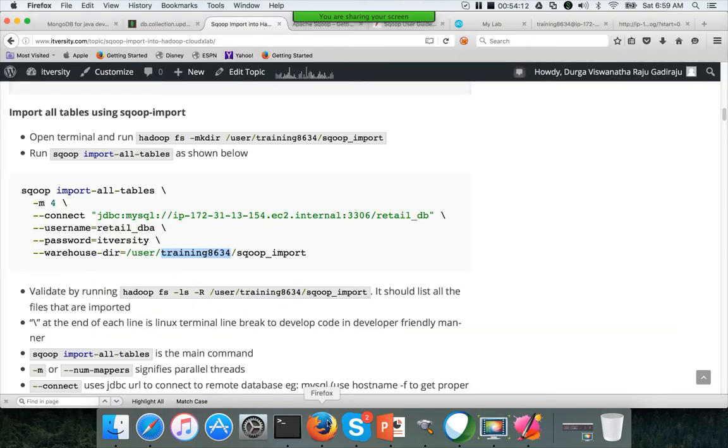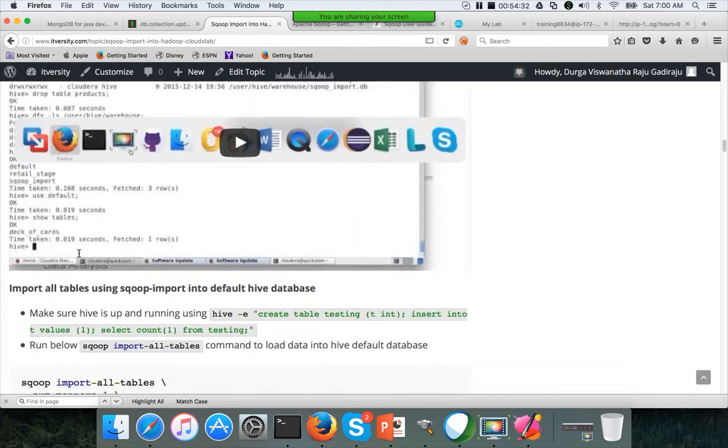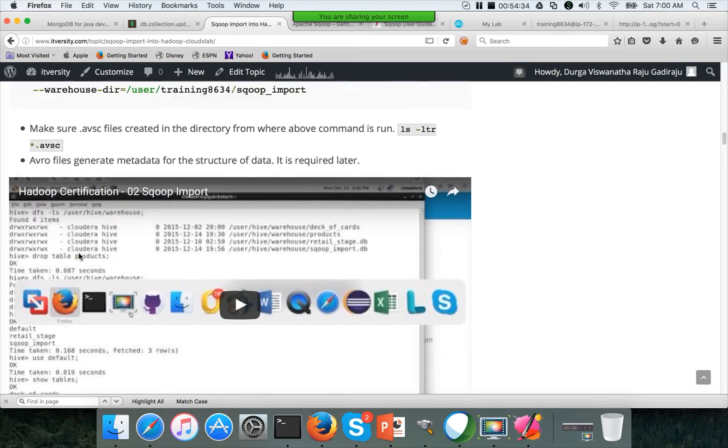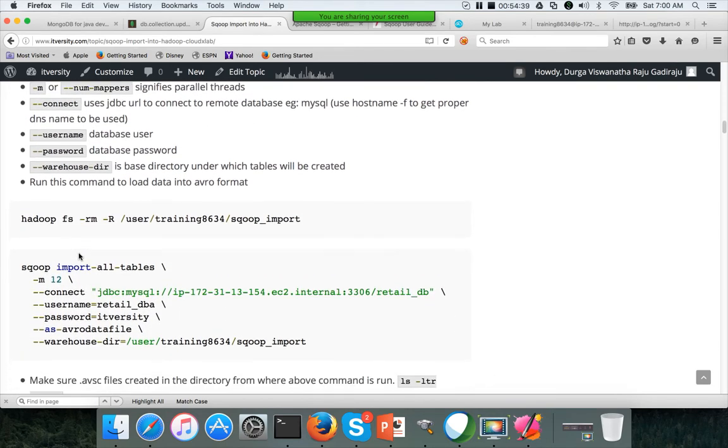Because we have specified warehouse directory, within this directory it will create a directory for each table. And when you run import all tables, you have to specify warehouse directory only, because you are trying to import multiple tables, and for each table it has to create a directory. Okay, so now there are many other parameters also, but these are the most frequently used parameters when it comes to Sqoop import all tables.